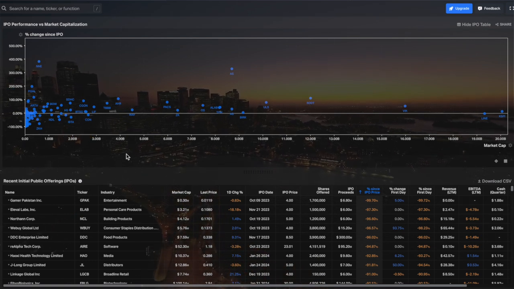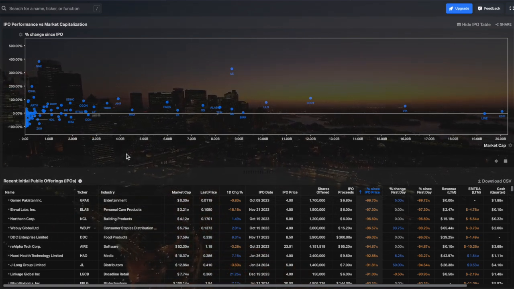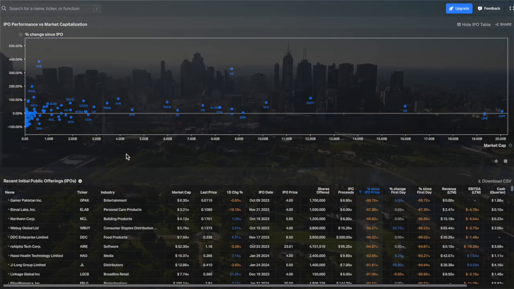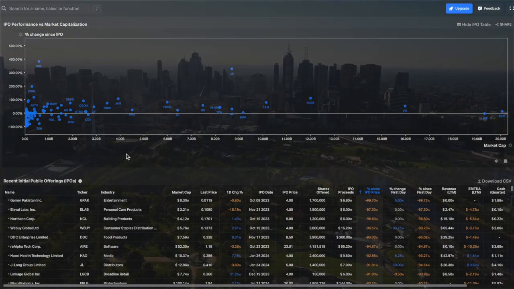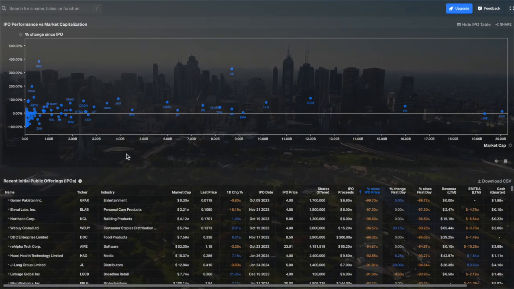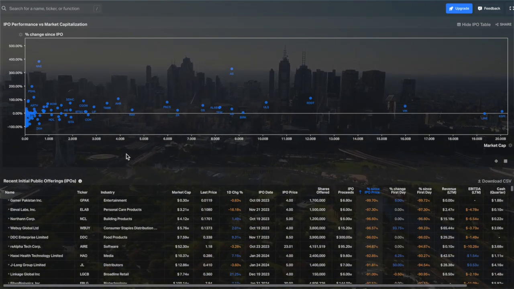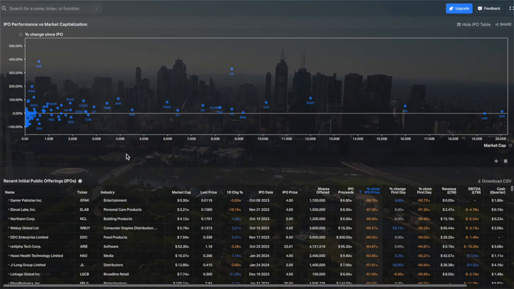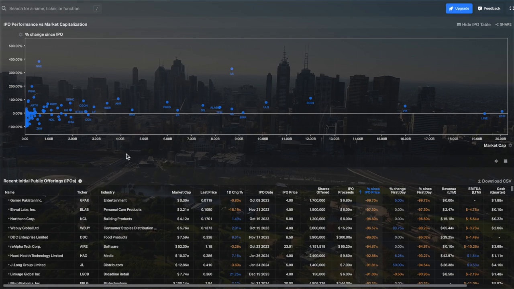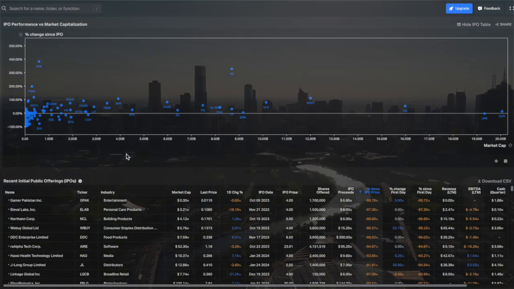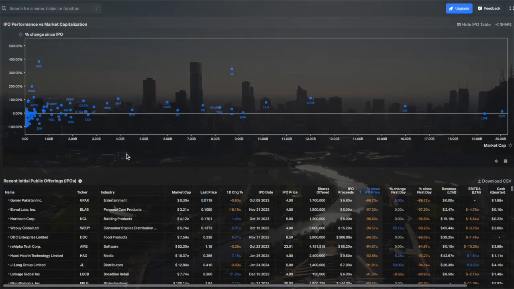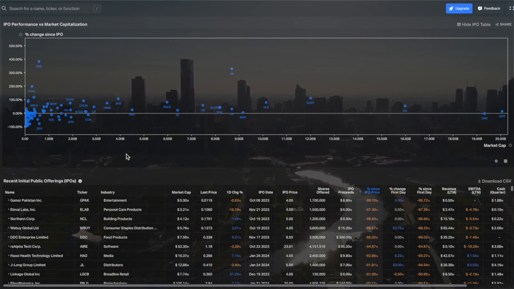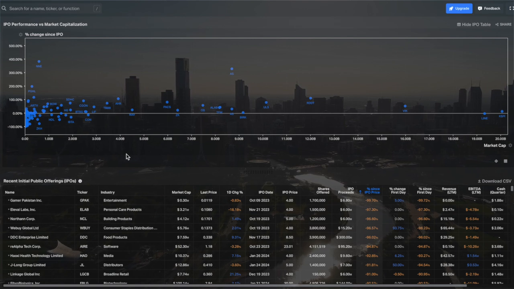Now, the thing is, there's less and less IPOs, right? Less companies go public. They go to private equity funds. That's been the big shift for a while now, where you have less and less IPOs because the companies that are private, that are not public yet, preferred to go to a private equity fund to get cash from them instead of going to the public directly. The reasons why are numerous.